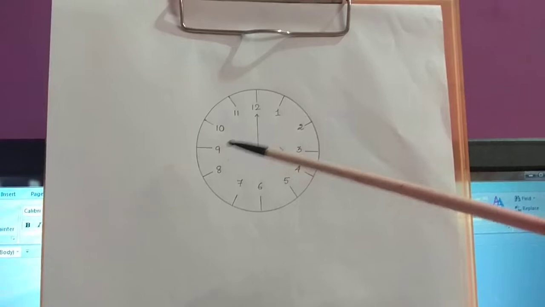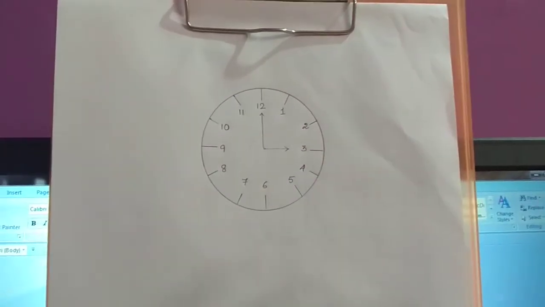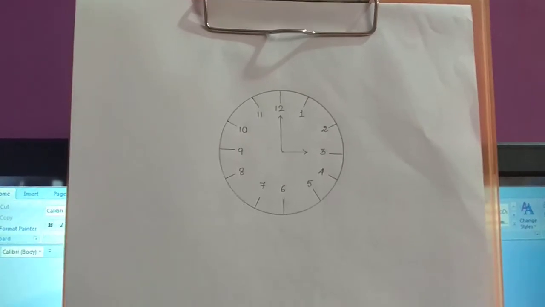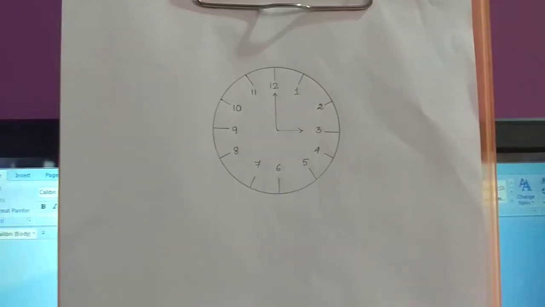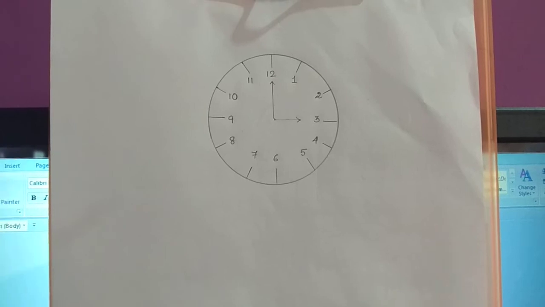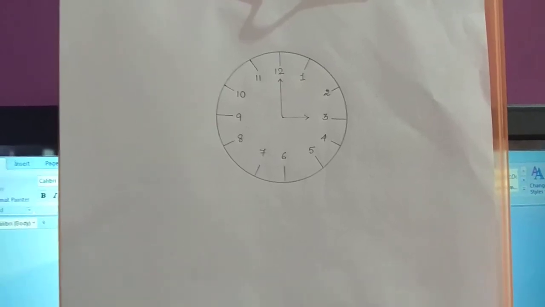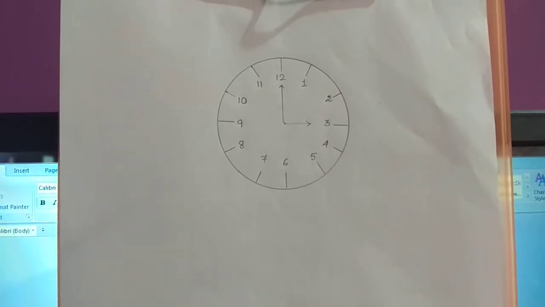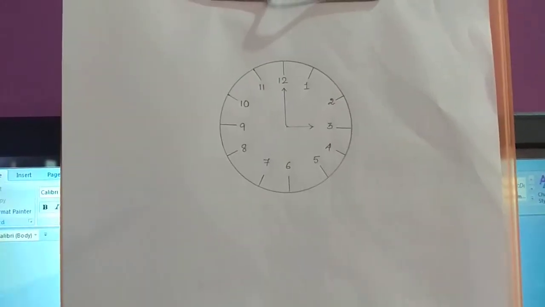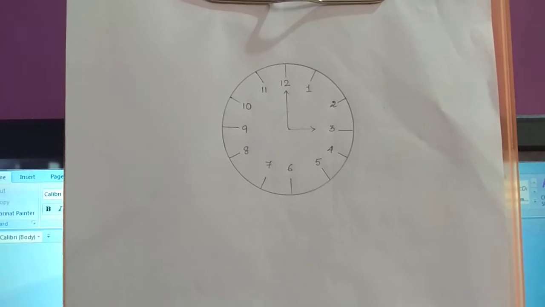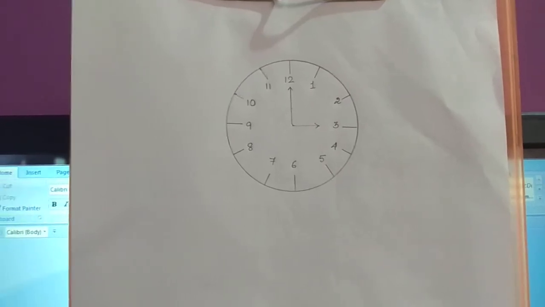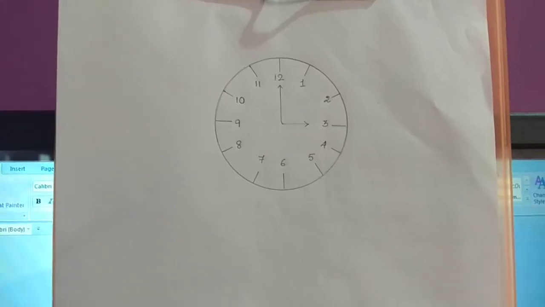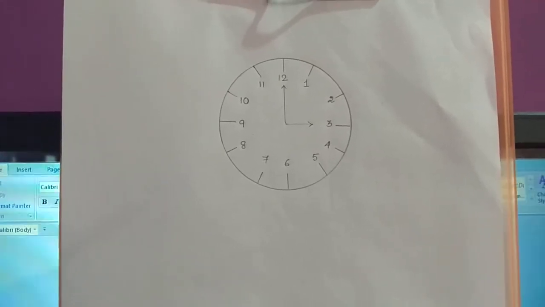In the same way, if we place the hands of the clock at 5 o'clock, we will get the answer of the other 2 questions. So if this concept is clear, how I have got the reflex angle, I know the students can do it by themselves because they are very much enjoying the classes and they have listened to me very carefully. So for question number 5, the 5 o'clock and 8 o'clock are left for the students to do by themselves. Now we will go to question number 6.